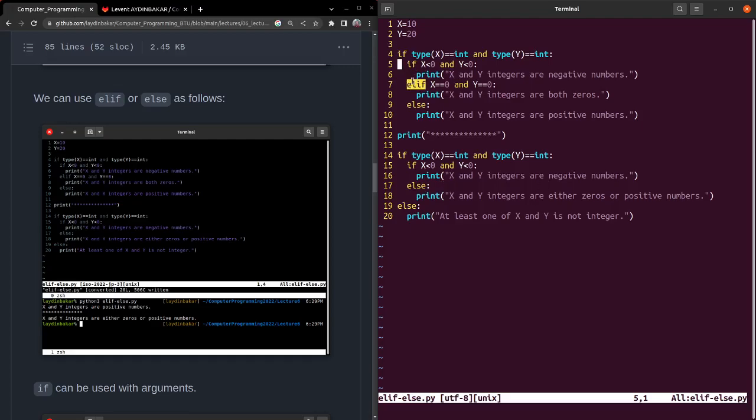We don't have to use elif and else altogether. We can just use else, or we can just use elif instead. Like for giving, they are either zeros or positive numbers. These two conditions are given in one condition here with else. And I also added something else into this if statement